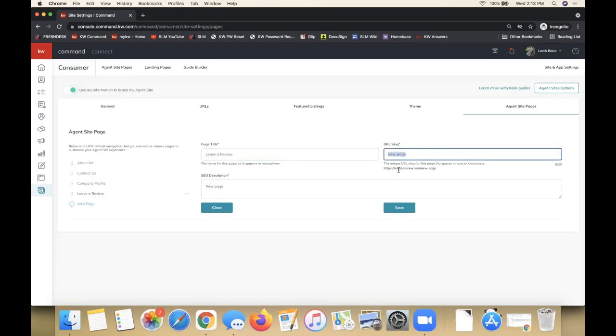The URL slug is what's going to show after your website address. So I'll show you what I mean by that. Typically I just name the slug the same thing as I name the page title, but you do need to put dashes between it. With the URL slug, you'll notice the preview right under it. It's my website address, leahbass.kw.com/leave-a-review. In a website URL, you can't put in spaces. Instead, we put in these hyphens to indicate to search engines that those are separate words to help with search engine optimization. So essentially page title and URL slug can be the same, just instead of spaces, we're putting